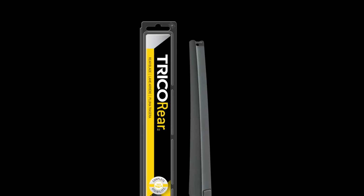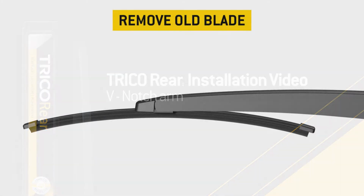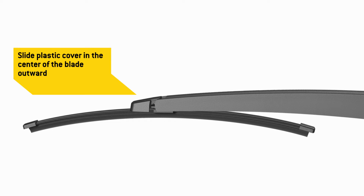You bought a TRICO rear wiper blade. Now what? This video will show you how to remove your old wiper blade and install the TRICO rear blade onto a V-notch arm. To remove your old blade, slide the plastic cover in the center of the blade outward,